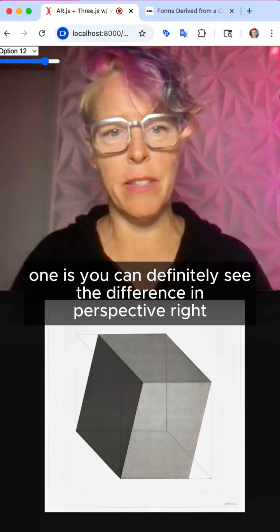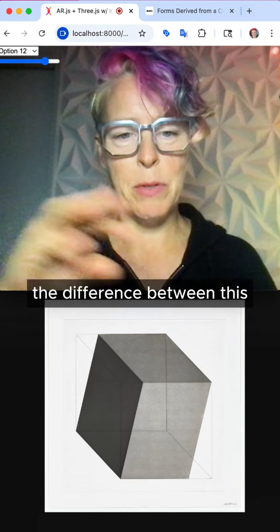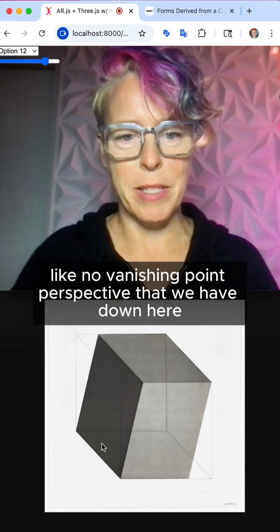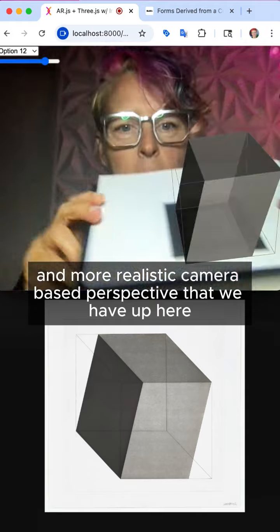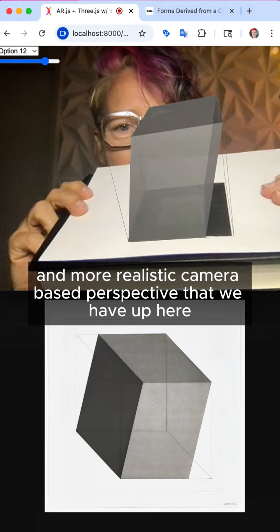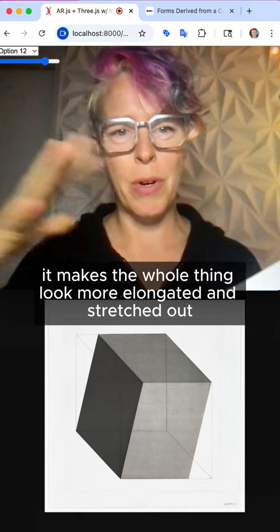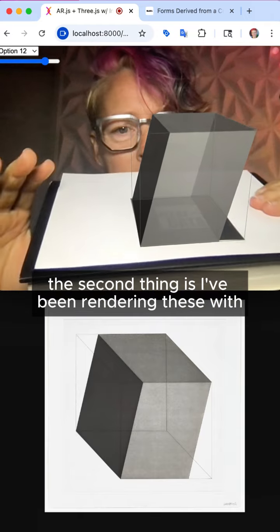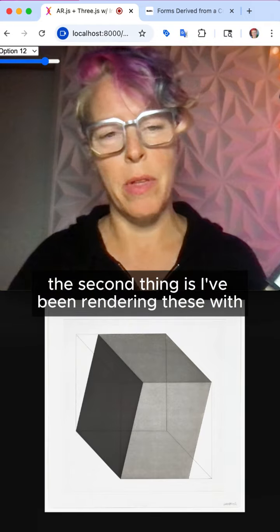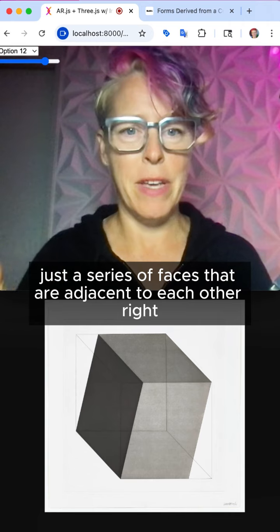One is you can definitely see the difference in perspective, right? The difference between this no vanishing point perspective that we have down here and more realistic camera-based perspective that we have up here, which clearly does have a vanishing point and makes the whole thing look more elongated and stretched out. The second thing is I've been rendering these with just a series of faces that are adjacent to